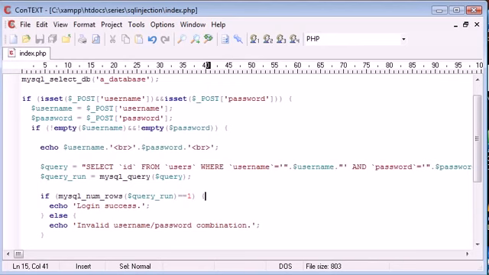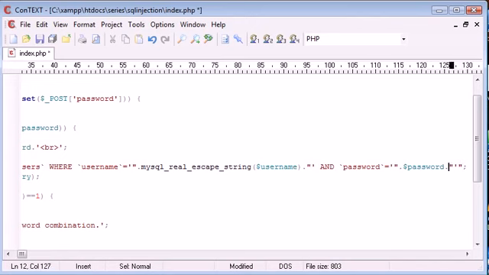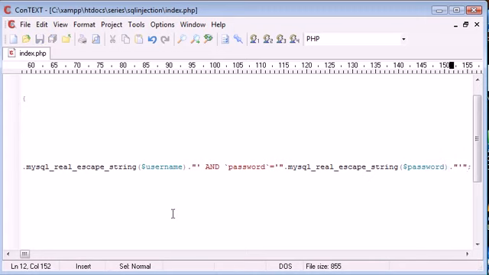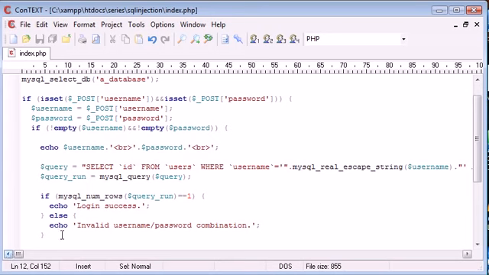So combining these three, this one's loosely related to my design only. So by using MySQL real escape string when passing variables through to a query that's being executed within PHP, so MySQL real escape string on that one as well,